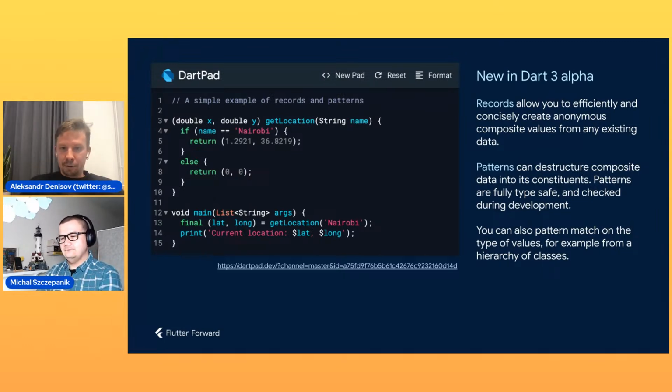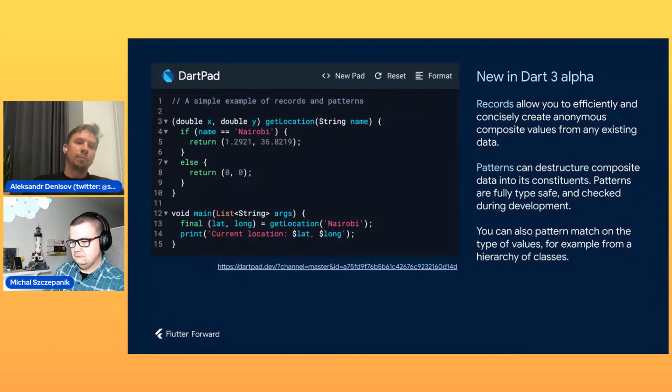For example, the first one, record types. Records are a kind of data type, and you can create records now and just play with them. You can easily create inline functions that are able to return more than one value, and a lot of other interesting things. You can see a link here. If you follow this link, you can try to play with this version of Dart. It's a really good improvement that can save a lot of lines of code and time. And of course, it's syntax sugar, but